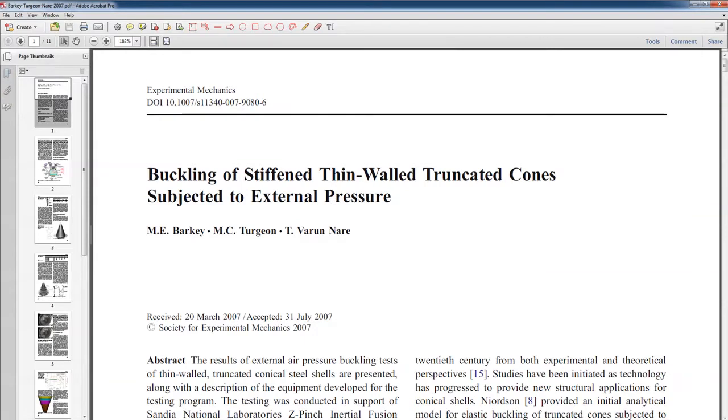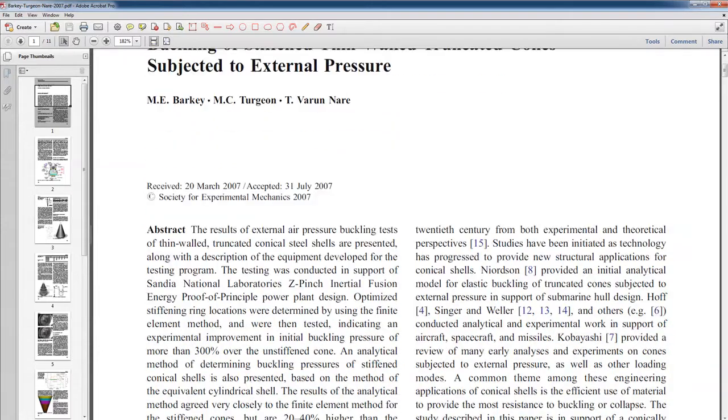So this paper was published, as of this video, about 10 years ago in 2007, on the buckling of stiffened thin-walled truncated cones subjected to external pressure. And I have a section of my website devoted to this research as well, and we'll take a look at that. But if we scroll through it,